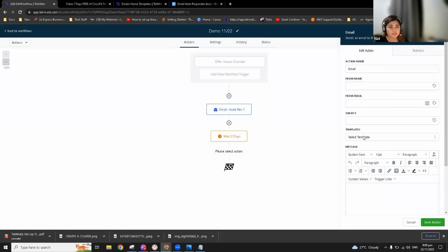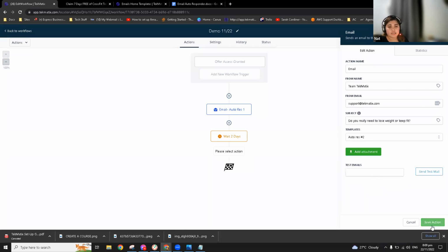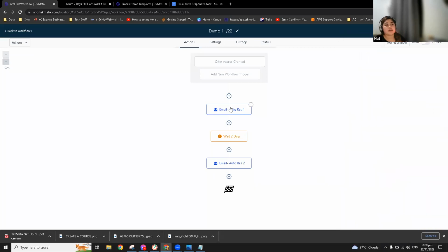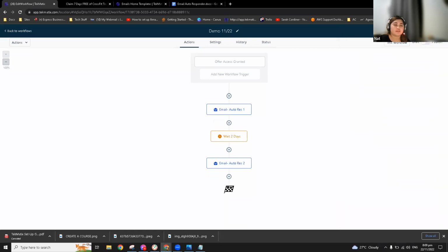Send email, templates, and then let me find it here. So basically that's it, and then save action. Yeah, so that should be it. Make sure when you're trying to add an email, unless you want a plain email, you can actually just do it directly here. But if you want to use templates to have a fancier look, you can create it first under marketing and emails. So that's how you can do it. And once you're all good with everything, don't forget to publish to make everything work.